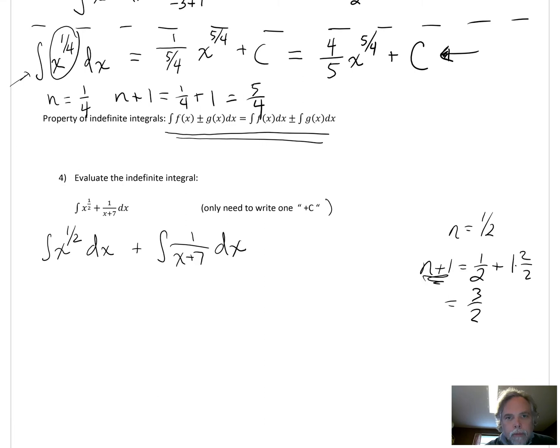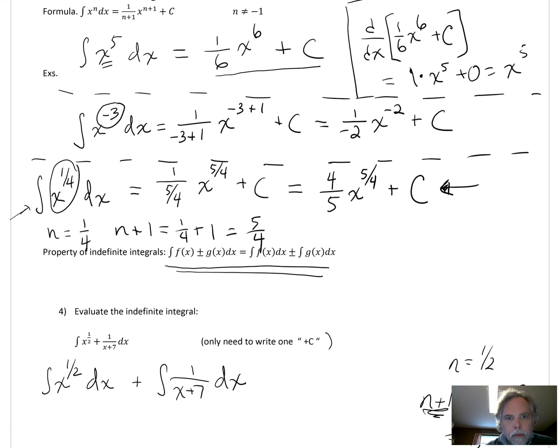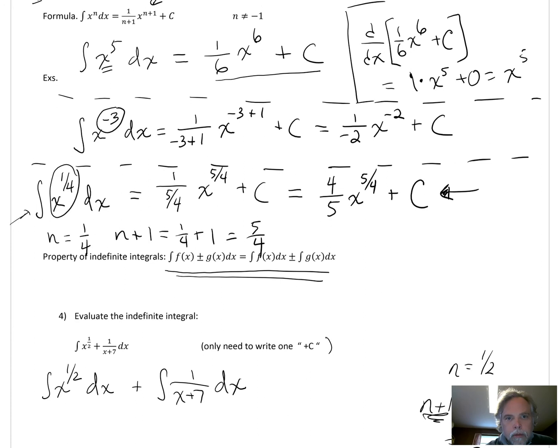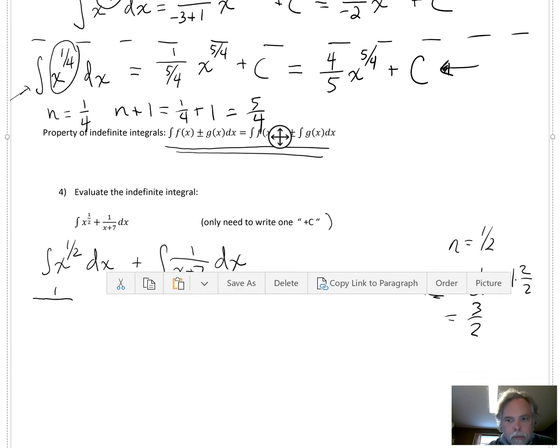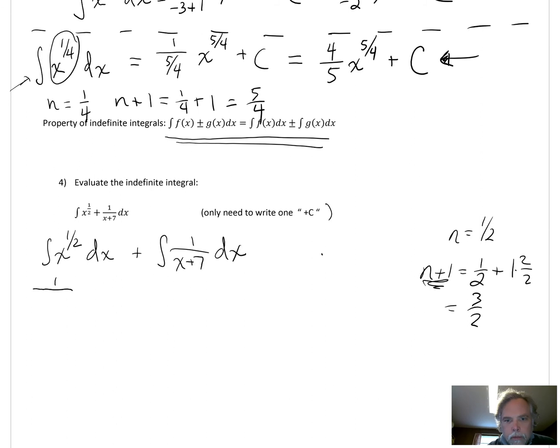So the formula is 1 over n plus 1, which is 1 over 3/2, x to the n plus 1, which is x to the 3/2,